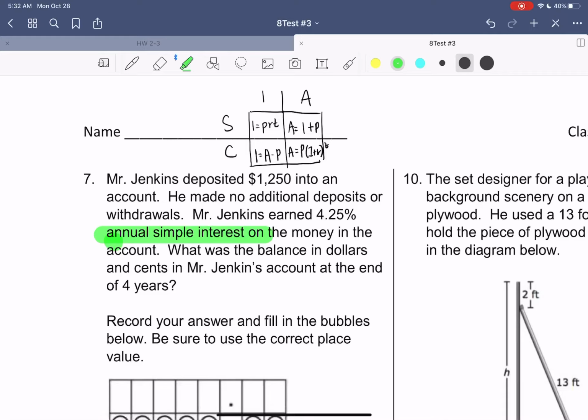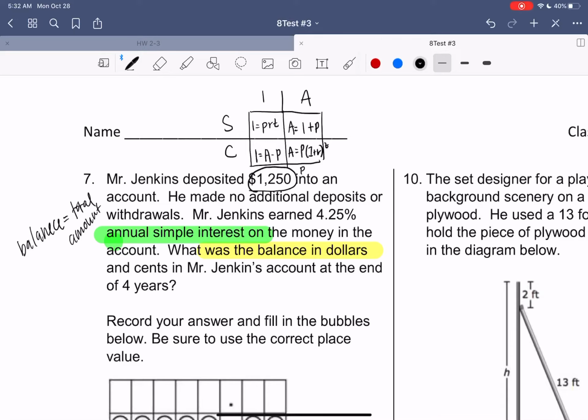but then another thing, so we may initially think, okay, we have to only use this formula, but it's saying what was the balance in dollars and cents. So they're asking for a balance, like just balance equals total amount. So we have